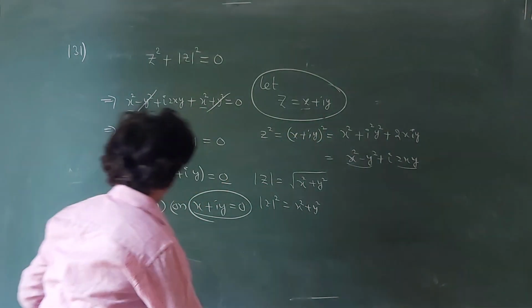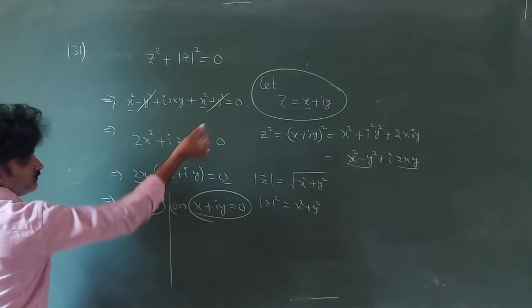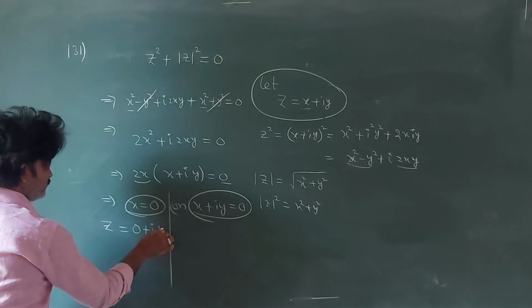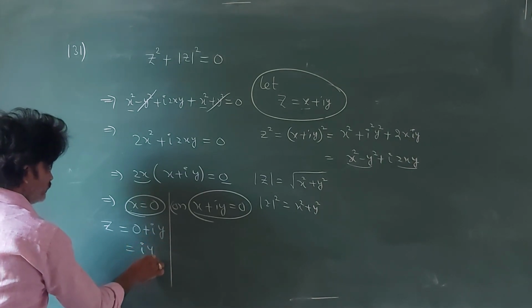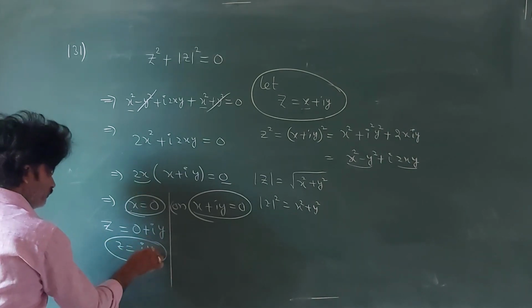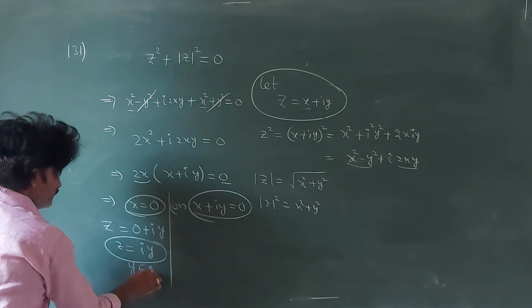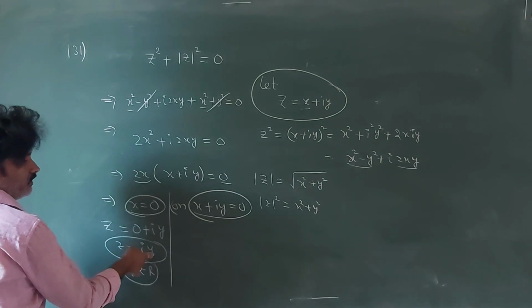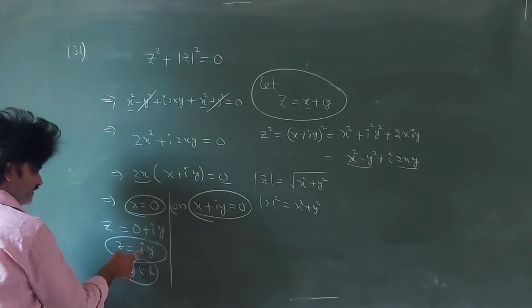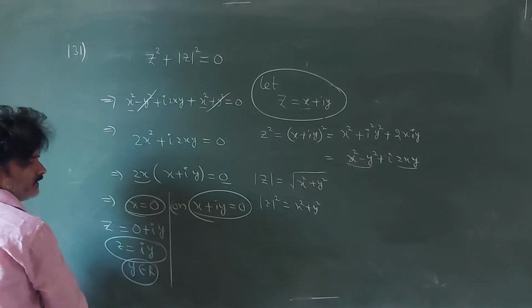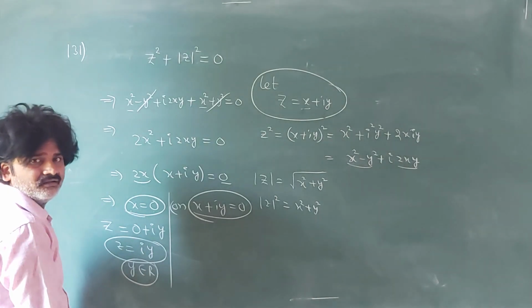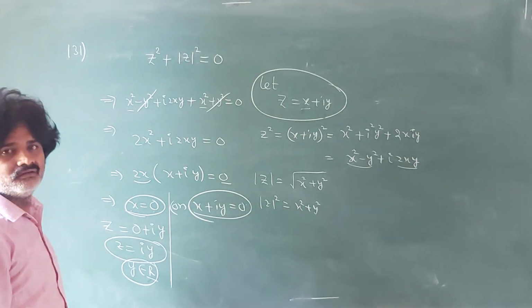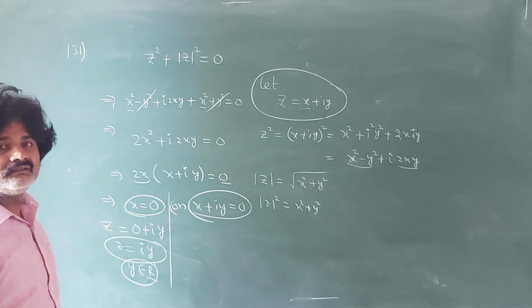Infinite. See, if you substitute x value as 0, then z equal to 0 plus iy. So simply iy we got. What about y here? Y is any real number. Means 2i you can take, minus i you can take, root 3 i you can take, like that. So any value of y you can take, even 0 also you can take. Then how many are there? Like infinite numbers.